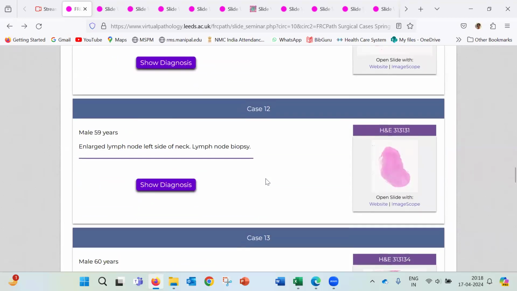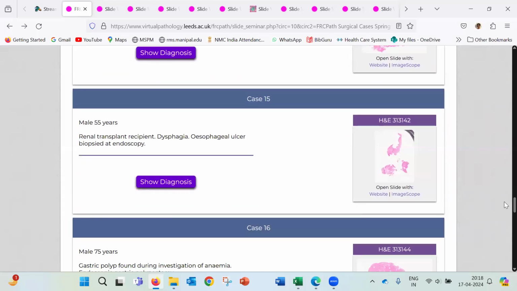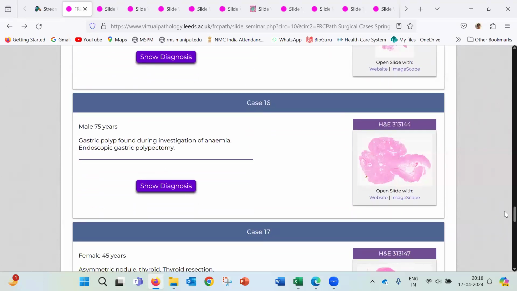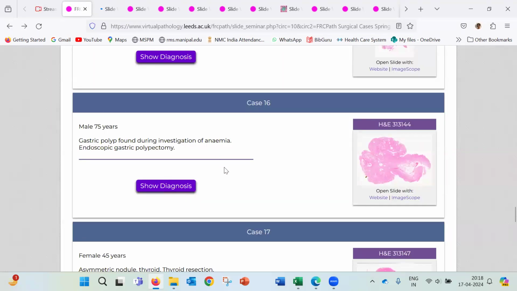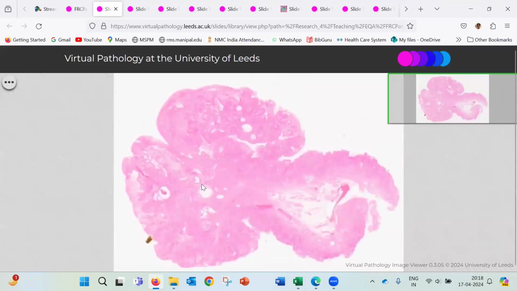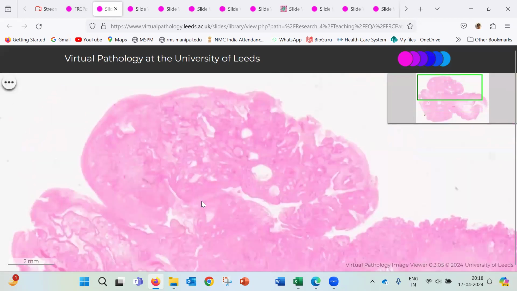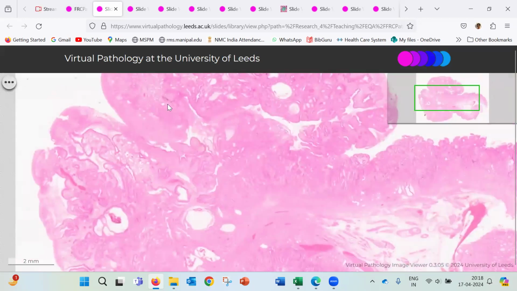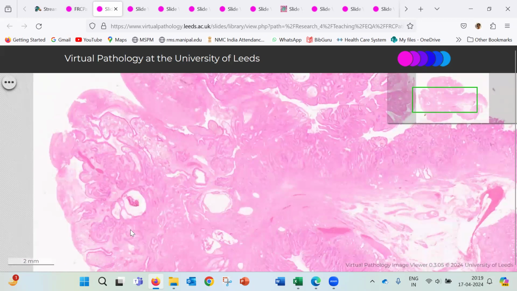I will straight away go to case number 16 because there was a request for this case. Okay, so case 16 is a 75-year-old male patient who has a gastric polyp, and the patient was under investigation for anemia. I can see this is a polyp obviously, and the beautiful thing is that the overlying epithelium is thrown into multiple villiform areas, villiform architecture, and